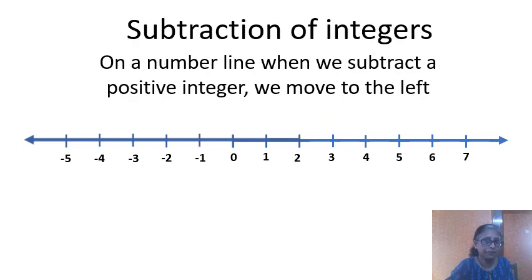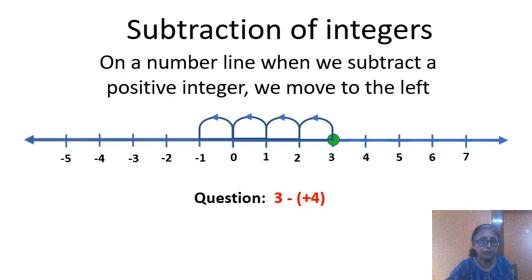Next is subtraction of integers. First, we'll be doing how to subtract a positive integer from a number. So, we'll see the equation, that is 3 minus plus 4. Again here also you look at the first number. First number is 3. So, you have to start from 3. How many jumps do you have to make? 4 jumps to the left you have to do. And now after the 4 jumps you have reached -1. So, there you stop and the answer is -1.